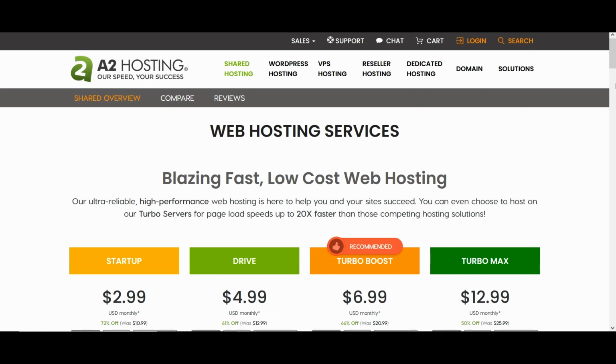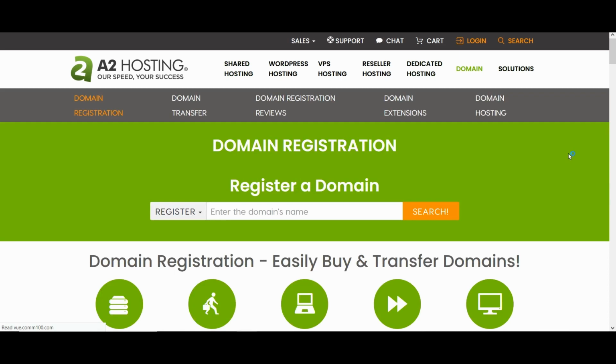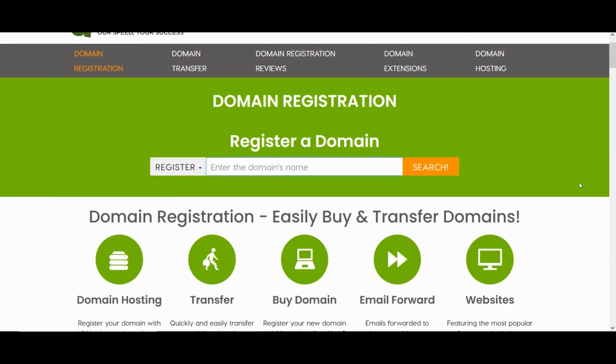Okay, for the domain, you simply, again, here or wherever you choose, go to domain and search for the domain name that you want to use, and if that domain name is available, then you can buy it. Now I already have most of my domain names, like ianmiddletonphotography.co.uk.com, so I'll just try something that's unlikely to be taken. So let's say Ian Mid Photography. You type in the name that you want, click search,